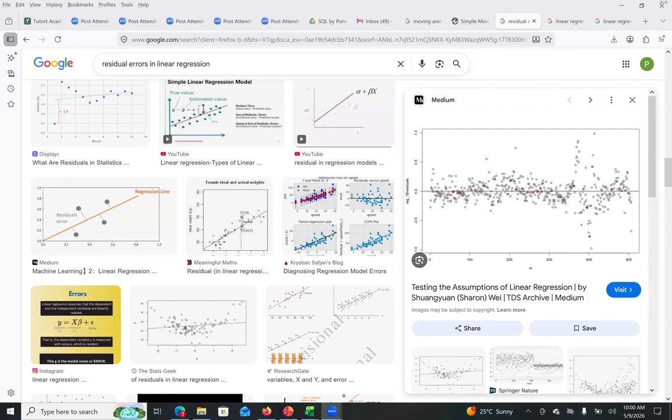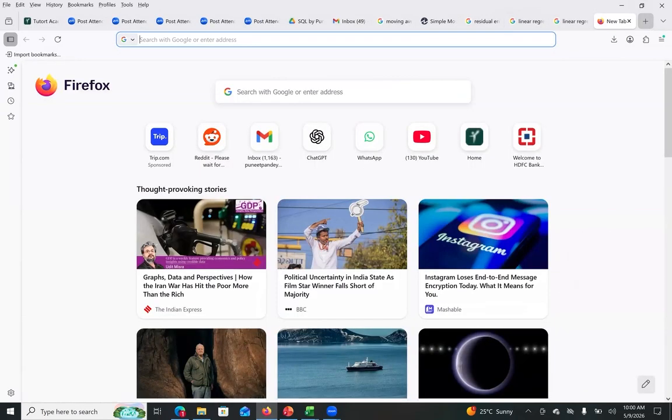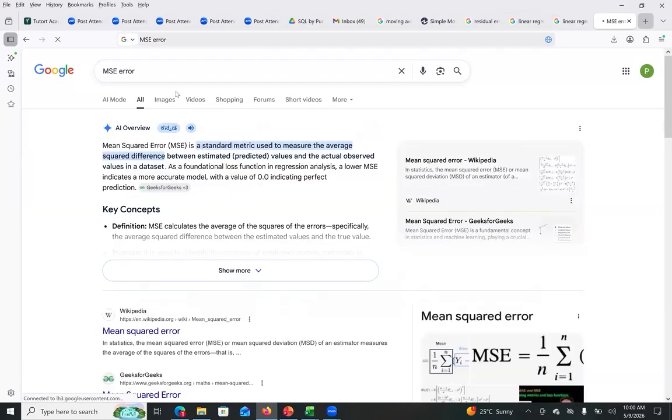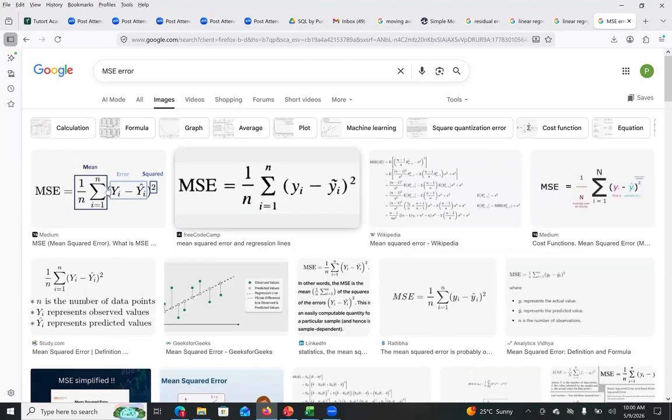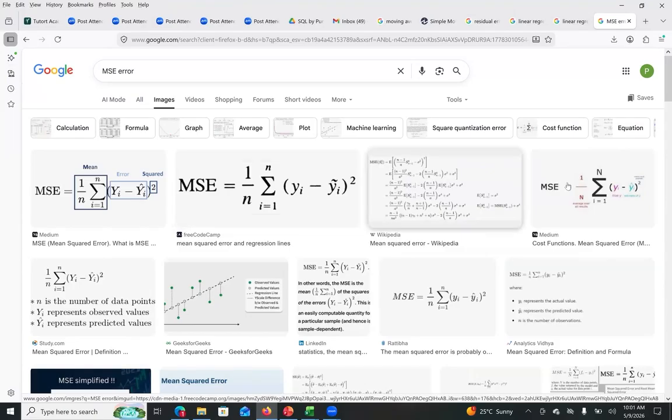Why are we calling it mean square error? The reason is that in that error we have all the things. We have mean because we are dividing it by n. We have a square because whatever the difference between the actual value and the predicted value is, we are taking a square of it, right? So mean, because we are dividing it by the total number of values, square error. So that is MSE, mean square error.